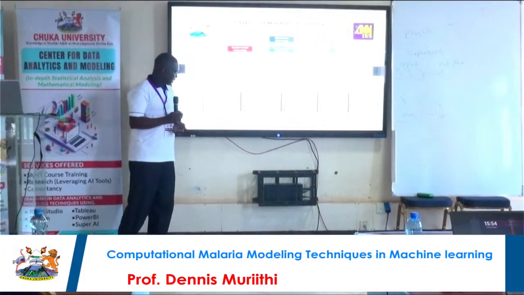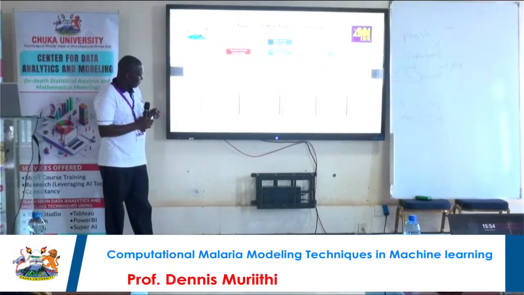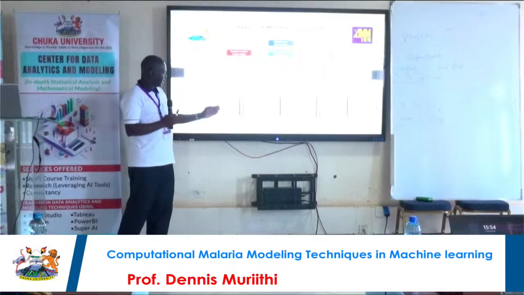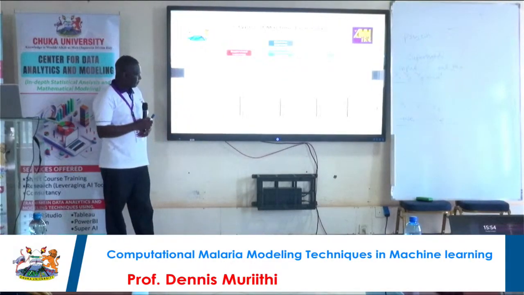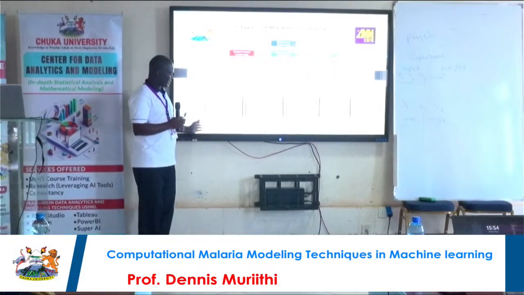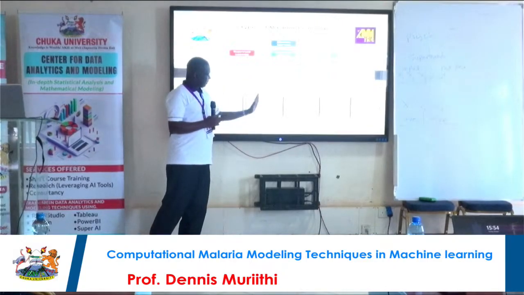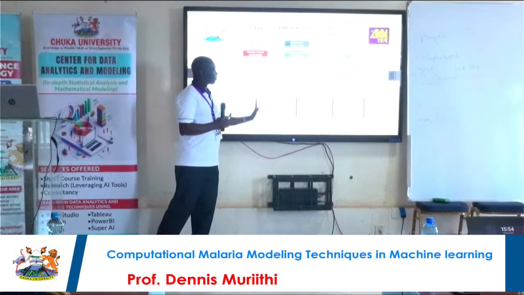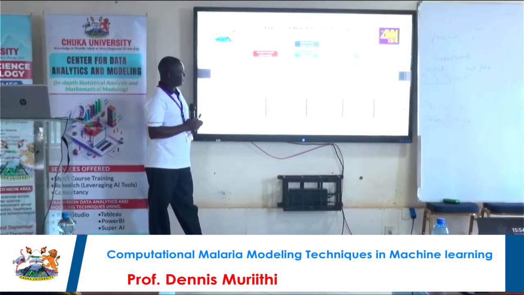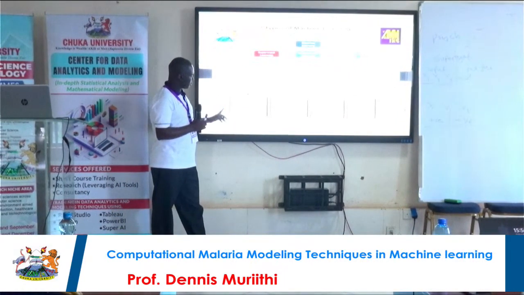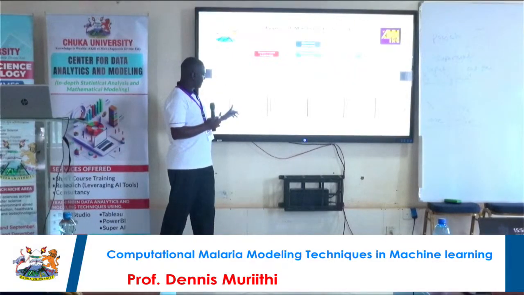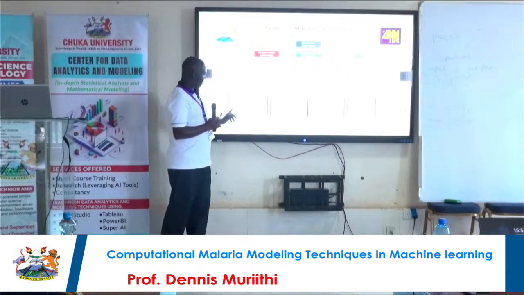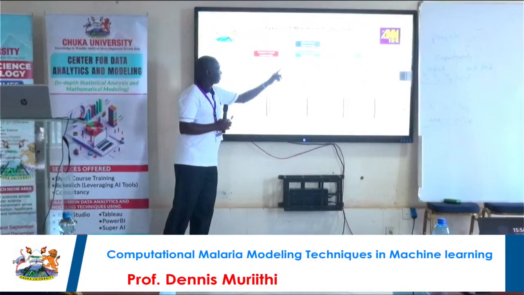We have logistic regression, decision tree, random forest, boosting, KNN, and also the support vector machine, and many others that follow under these classes. Then we have regression. But the good thing is there are some of these models which cut across the two types of prediction, either classification or regression. For instance, random forest can be used for both classification and regression. Support vector machine can also be used for both regression and